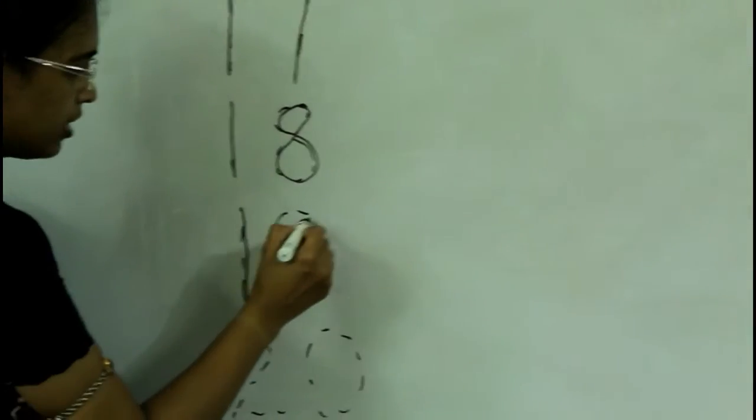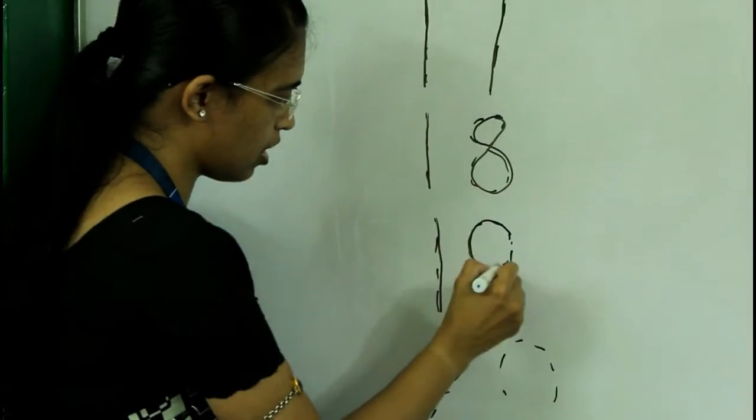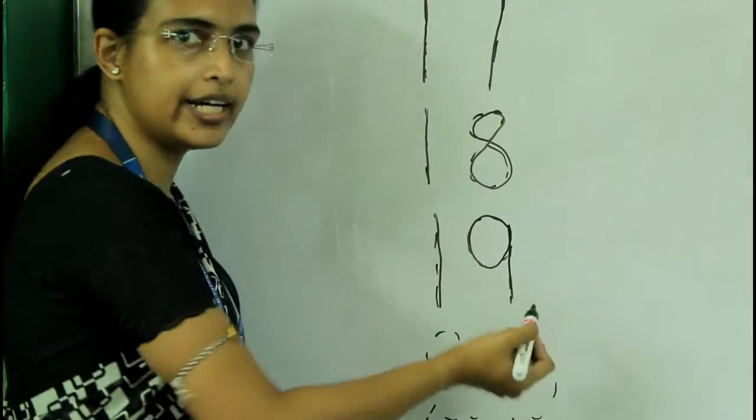Now I will show you how you will write number 19 like this. One standing line, and this is curved line and standing line. 1, 19. In this way you have to write here. Okay. So this page is also your homework. Now come to the next page.